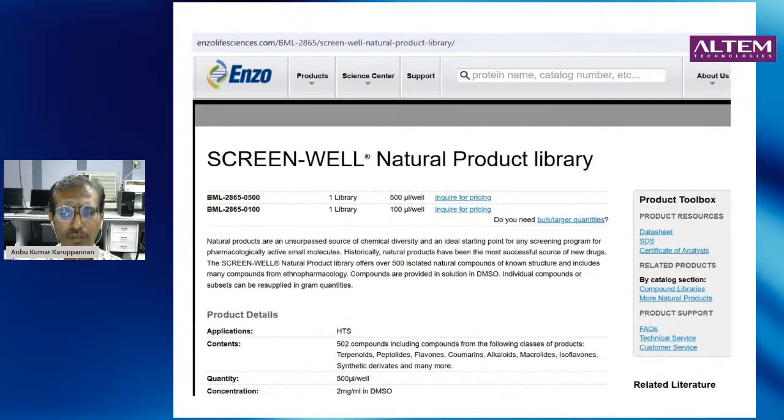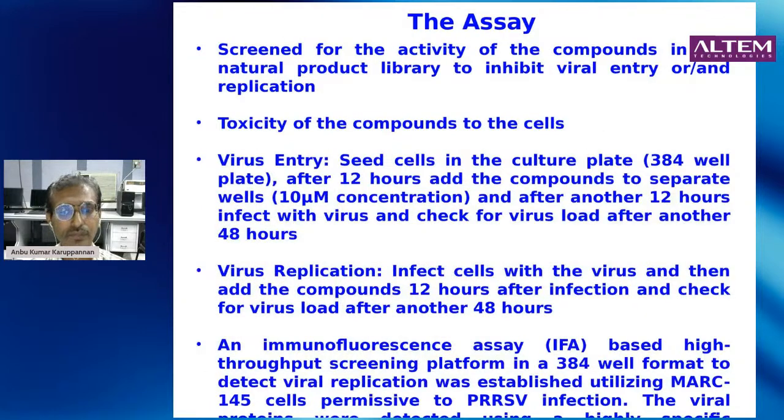So 500 microliters per well is given. Whatever kind of assay you are going to develop, you can directly pipette the compounds from the supplied material to your assay format. If it is designed in a 384 well format, it's going to be very easy, and it can be done automatically using robotic arrangements.